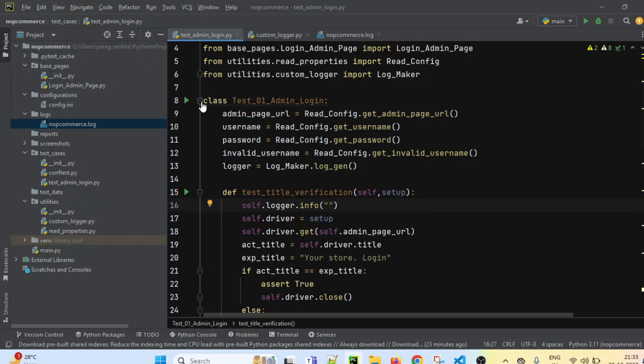So why do we add the log? So we should be identifying, whenever the test execution starts, how the test execution is going. What are the different step sequences which are getting executed? So we are now executing inside the first test case. So what we will do, we will just add the test case name so that it will inform us that this